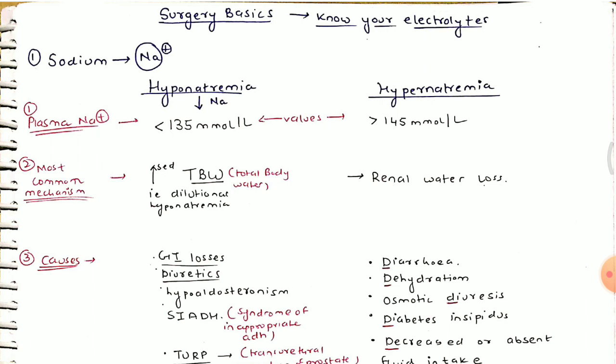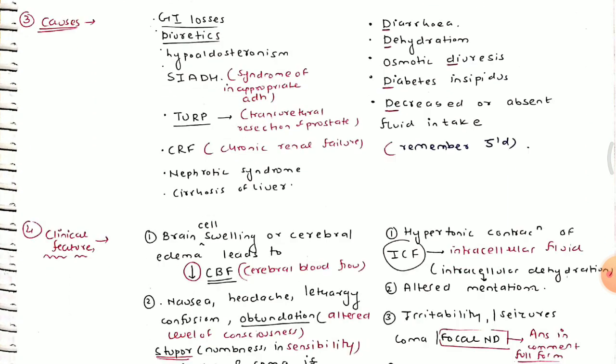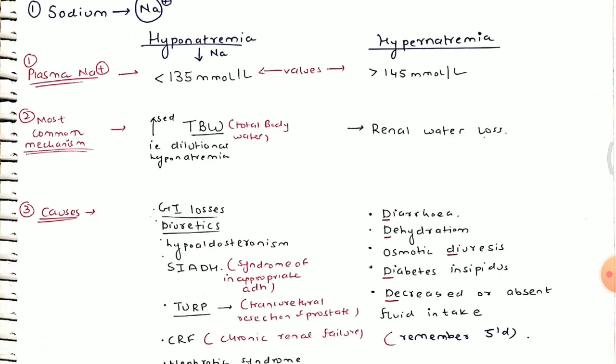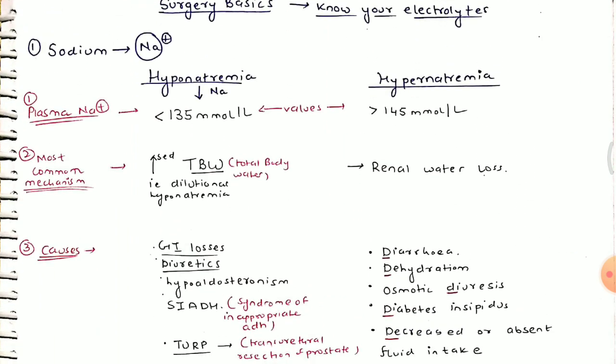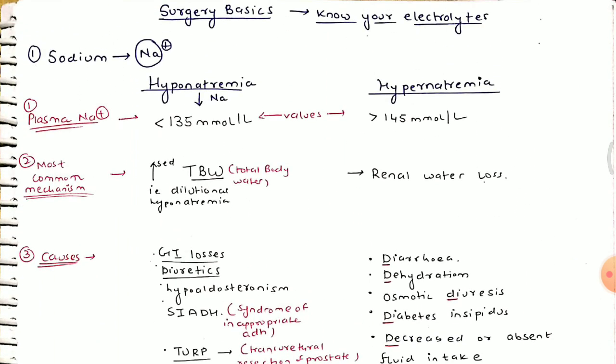So basically, what happens is that there is the state of hyponatremia and hypernatremia in a body, which is respectively the reduction in the amount and increase in the amount of sodium levels in our body, right? So the first thing we'll be doing is covering the hyponatremia part first, and after covering hyponatremia, we'll move on to hypernatremia, and at the end, you can all compare and contrast according to your will and just try to remember and learn these concepts, which will help you all eventually in the practice. Right, so let us begin.